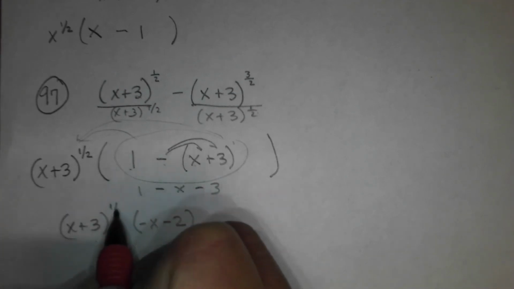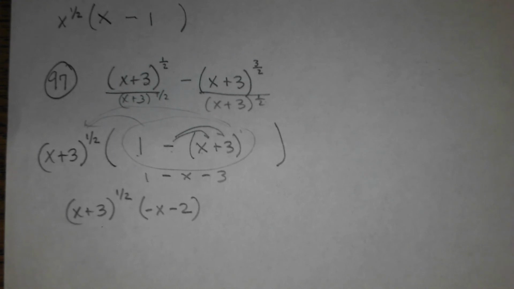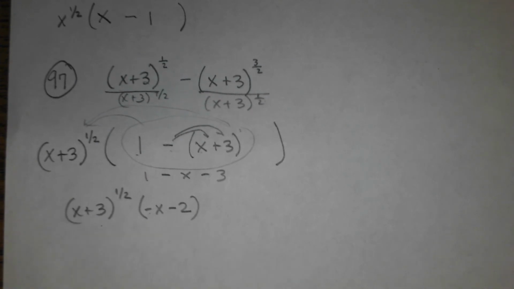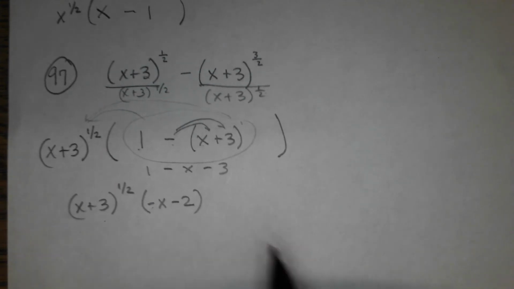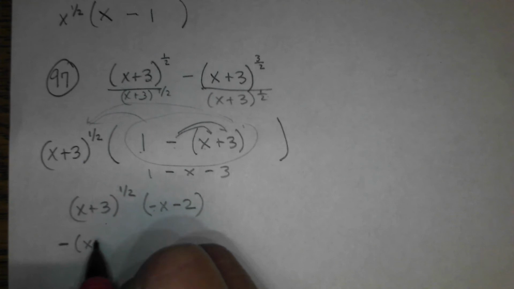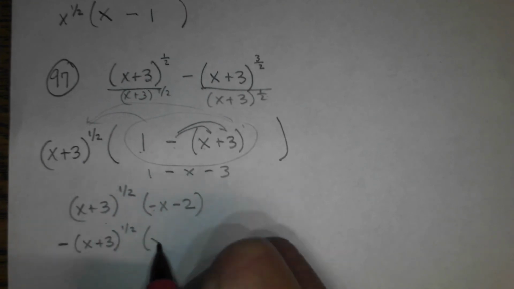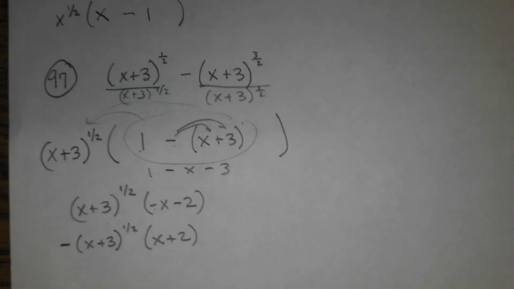Somebody asked, would that be an okay final answer? Of course, right? But what you will notice a lot of times just professionally in math, having a trinomial, binomial, any polynomial start with a negative, for some reason people don't like that. I don't like it either, but maybe that's just because I never see it that way, because they always take it out. So you may see the negative being taken out in front, and this would turn into x plus 2. So just a word about the answers in the back of the book on that one. So far, so good? Any questions? Okay, 99